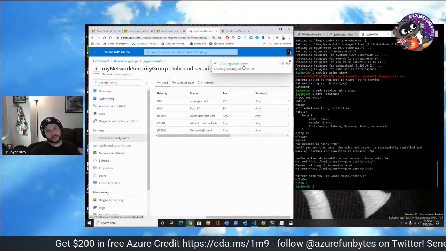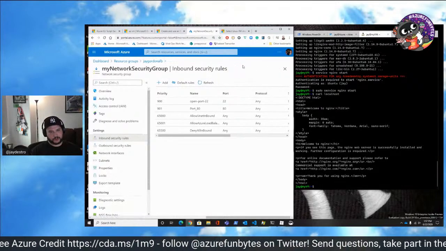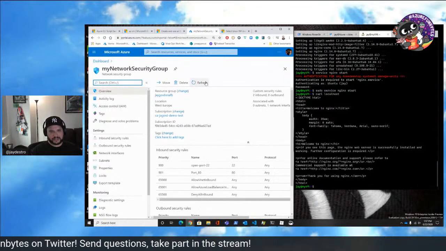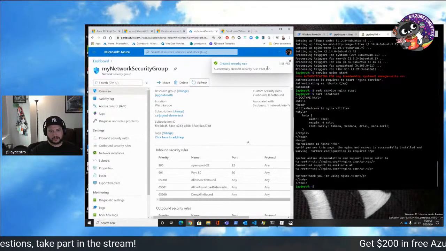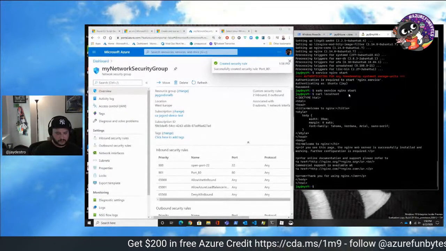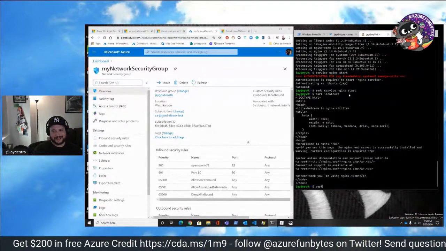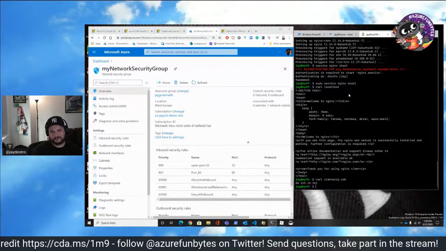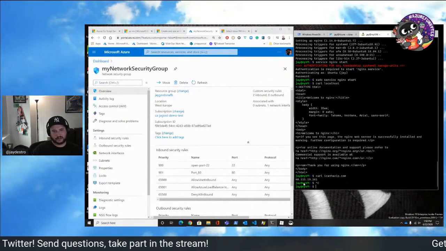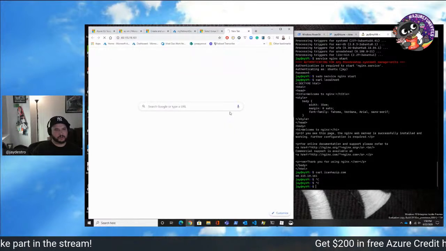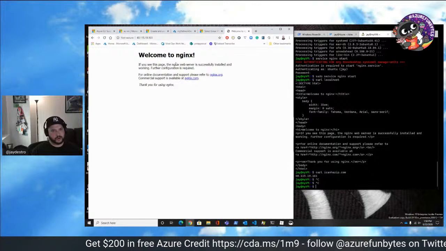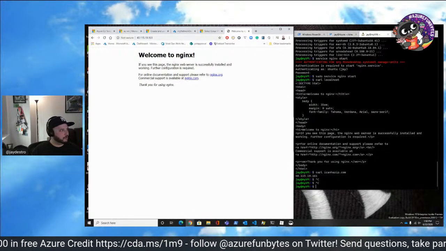Right now, this sends a call to Azure Resource Manager that creates the rule, and when it's done, it's there. What we should be able to do now, so what's my IP address? Let's get that. I can curl icanhazip even on the VM, so I know the IP address that the VM is using. Then go to a web browser, and there's our new nginx server. It's up and it's ready.